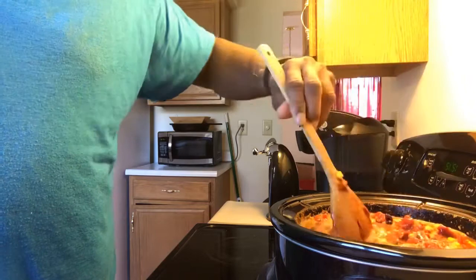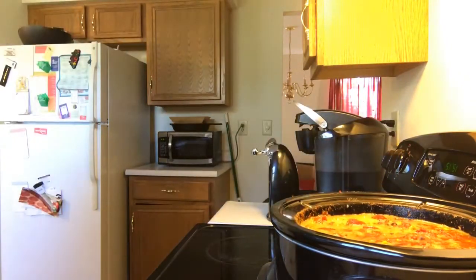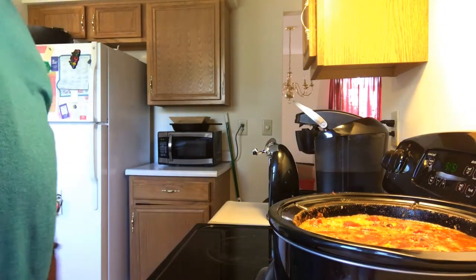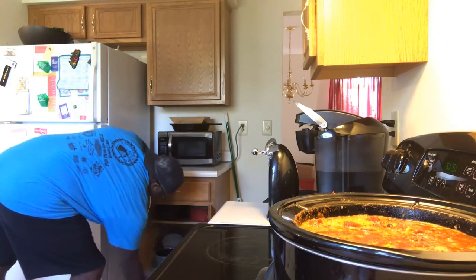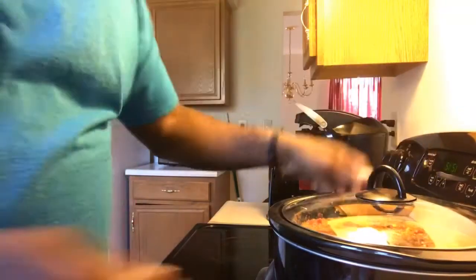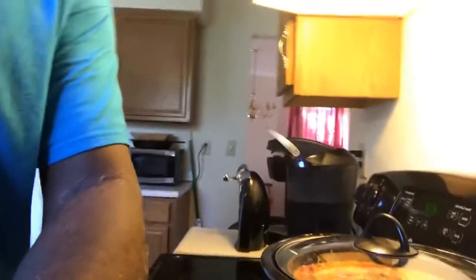Oh yeah, that's what I'm talking about. And then we're gonna put that baby on cook time, 4 hours on high. Pop the lid on top of that son of a gun. See if I get the camera here. And then we're gonna let that baby cook through and do its job. Now, usually when it gets done, I'm trying to get the camera readjusted, I like to look at maybe something like